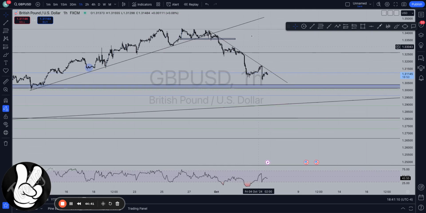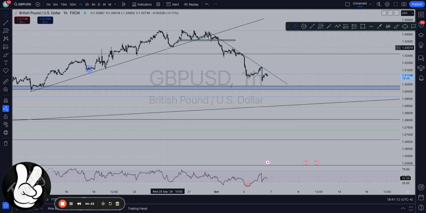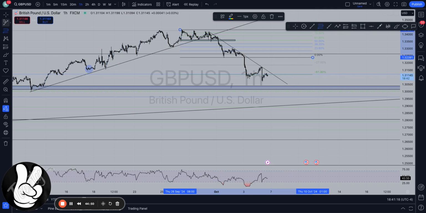On this 1 hour time frame, this is the last higher low point that got broken. So I want to see if this structure played out. So this structure played out with this negative 61.8%. So we could be seeing a reversal from here. We do have